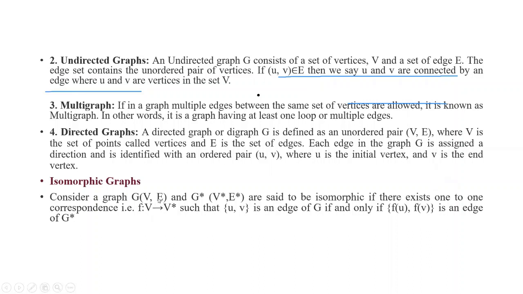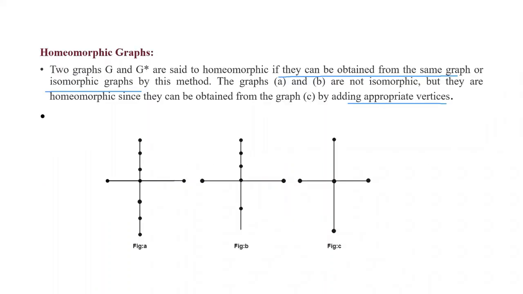Consider graphs G(V, E) and G star(V star, E star). They are said to be isomorphic if there exists a one-to-one correspondence between their vertices and their edges. So the number of vertices are the same, the number of edges are the same, the degrees are the same, and adjacency is preserved. Then we can say that the given graphs are isomorphic graphs. So here in homeomorphic,